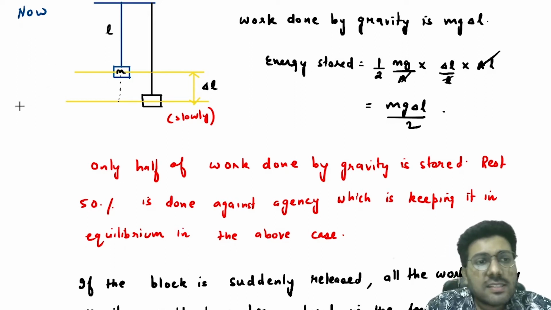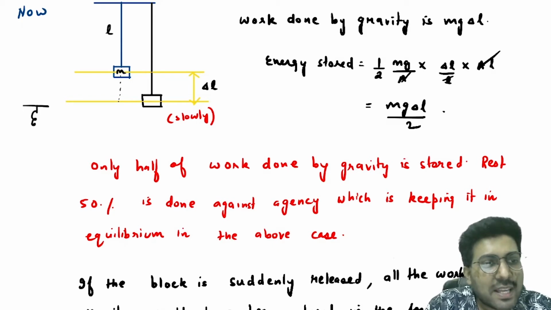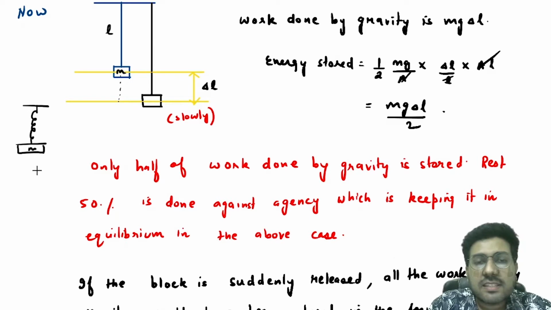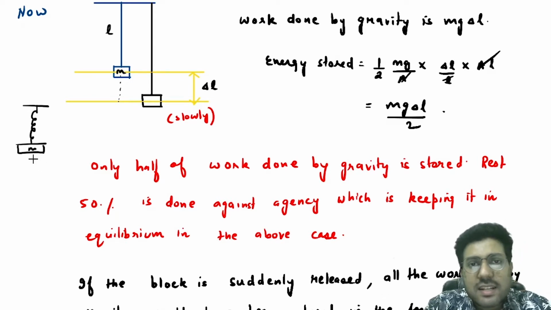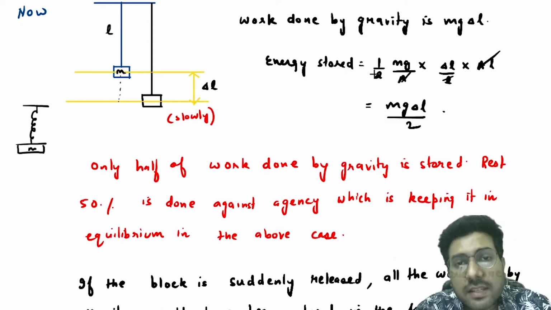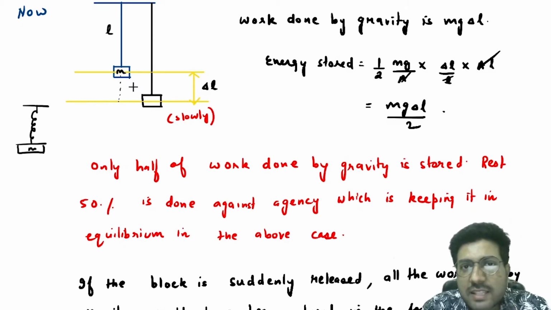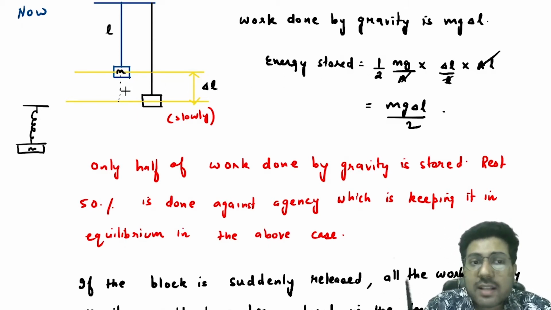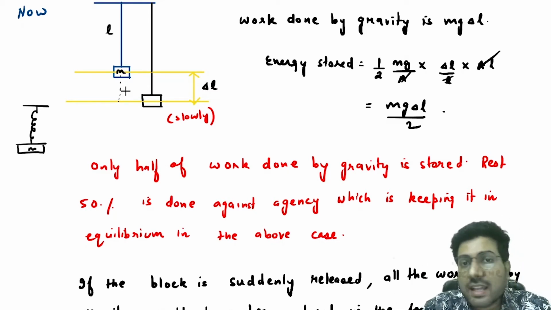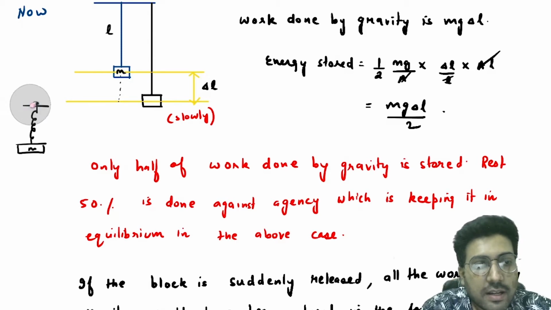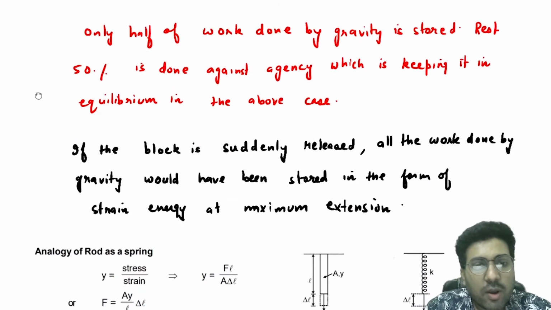Okay, this does not happen in case of a spring. If a spring having a block of mass m is released suddenly, in that case what will you say? There is no external agent, so you will say that the remaining 50% energy is converted into kinetic energy, because here the block was moving very slowly, so you are doing work against this force which is keeping it in equilibrium. Otherwise it will not move slowly. Understood?